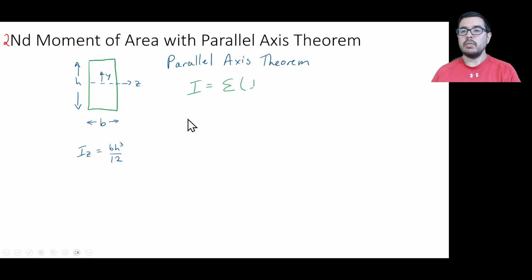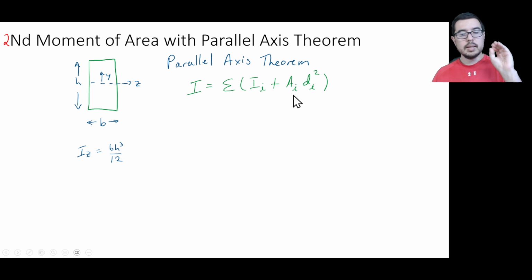and here is a review: the second moment of area is equal to the summation of all the individual second moments of area that you might have in a system, plus the area of those individual pieces times the distance squared of each of those areas relative to some location or some axis. Okay, so